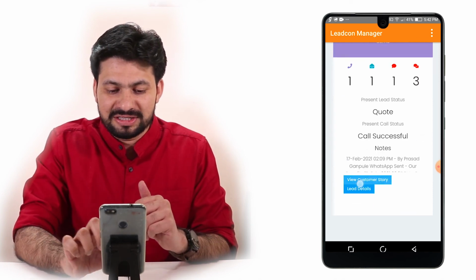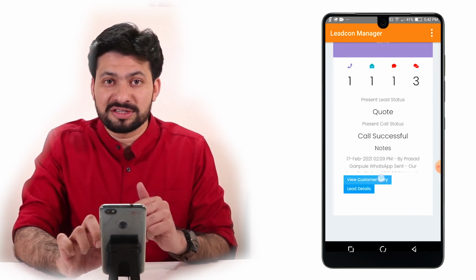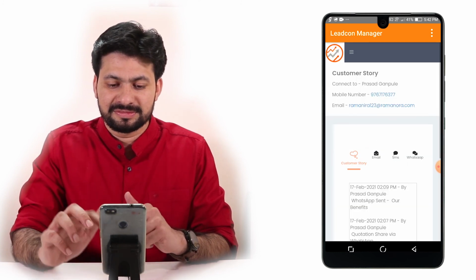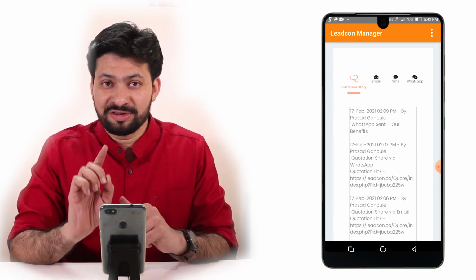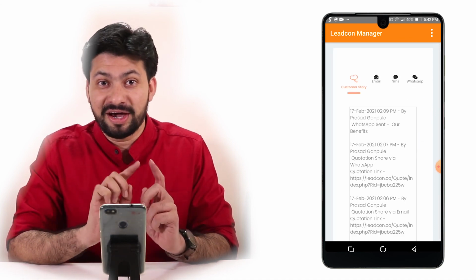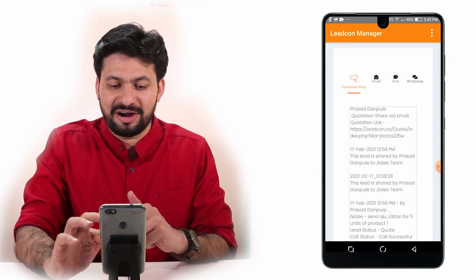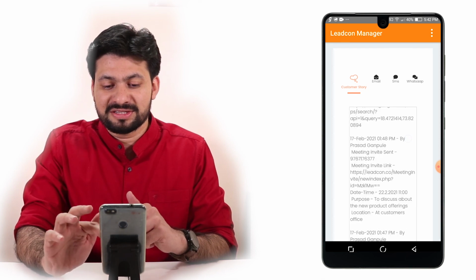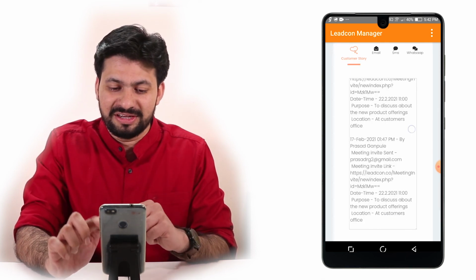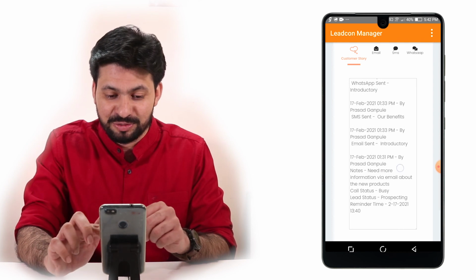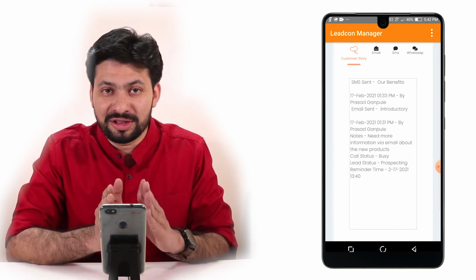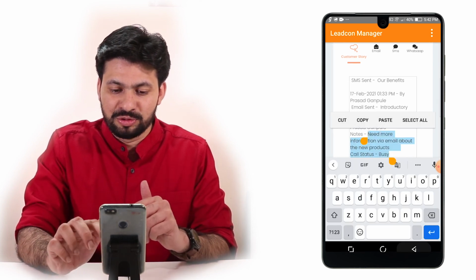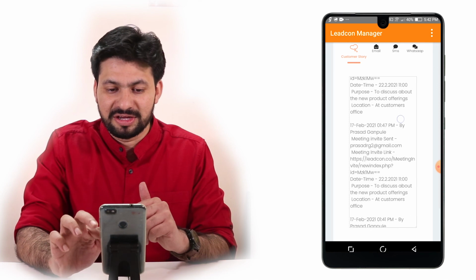And now here you can see there is one button called view customer story. So click on view customer story. And here it is, all the different aspects that we did during our demo are all available here under the customer story section. So if you remember, all the different aspects that were added under the customer story in the Caller application are now available to be seen here, right from the first call that has happened, the first notes that have been added, all the way up to all the different elements that we have mentioned.